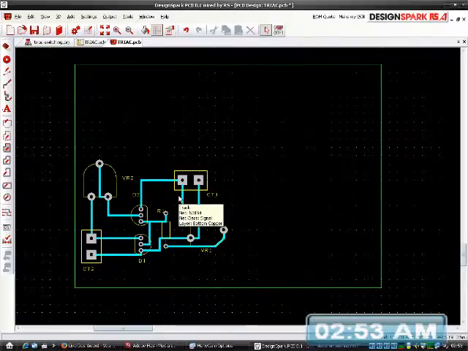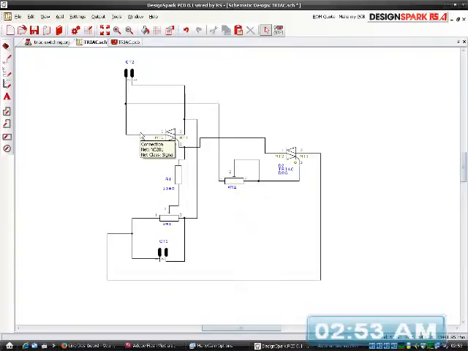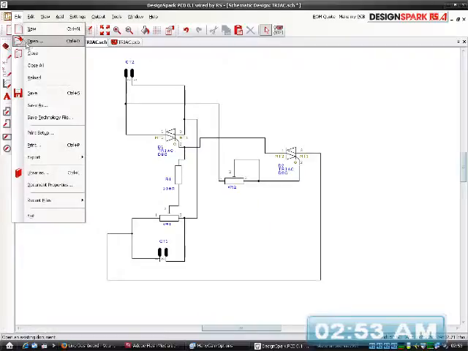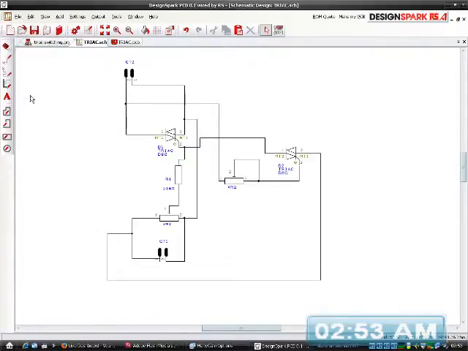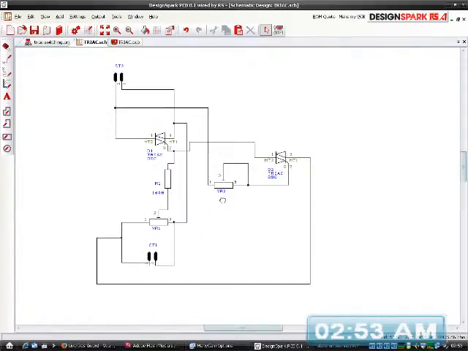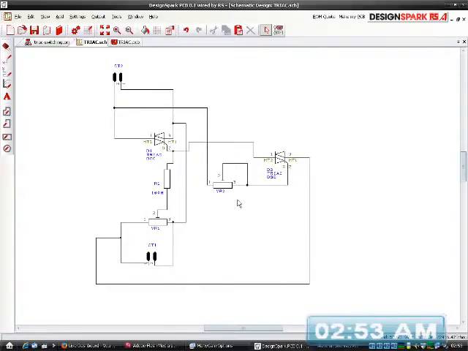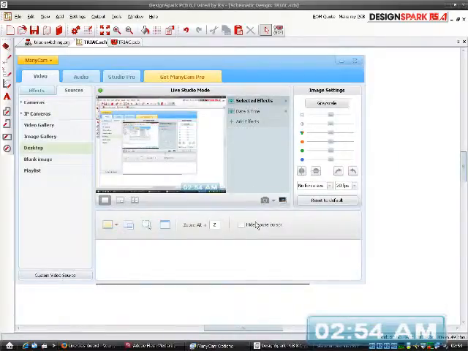But there's not much else to add really. It's a very, very basic circuit, there's nothing much to it at all. Right, so